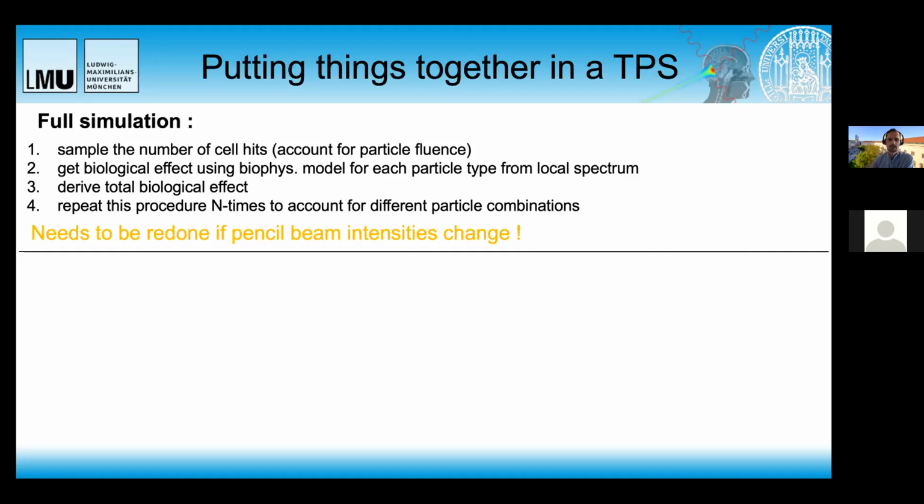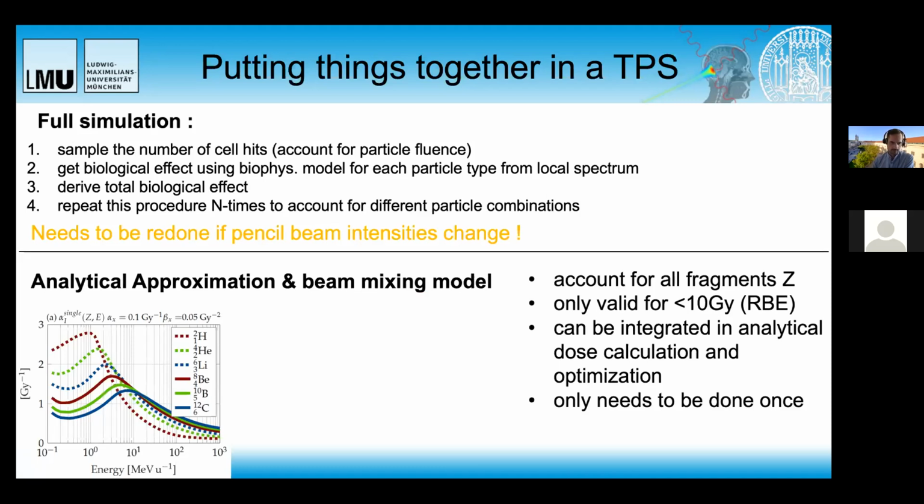And if we would run now a full simulation for the biological optimization, and in each iteration, we would have to repeat this procedure, this is very, very time consuming. So because of that reason, the researchers at the GSI facility proposed an analytical approximation and a beam mixing model to basically overcome this computational challenge. And here this analytical approximation is only valid in the low dose regime, so for fractional dose levels below